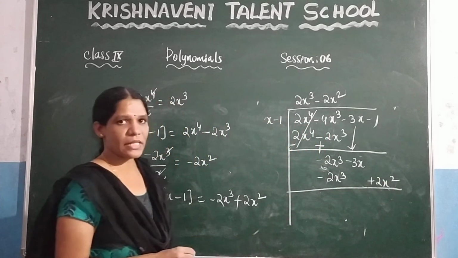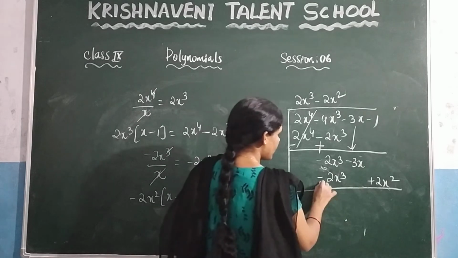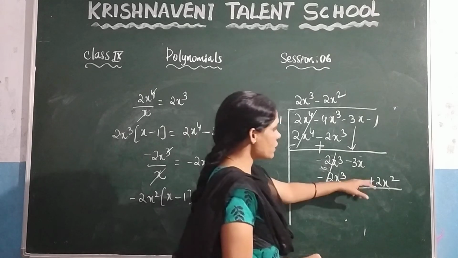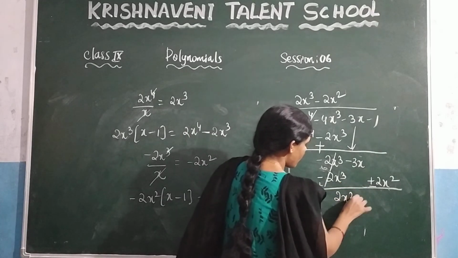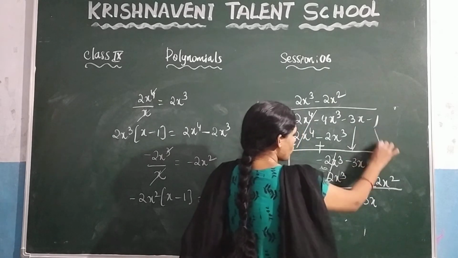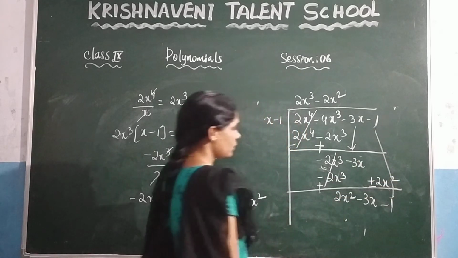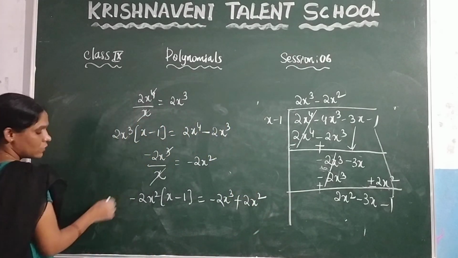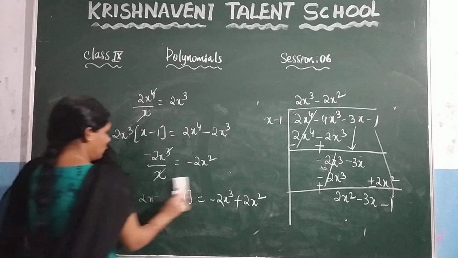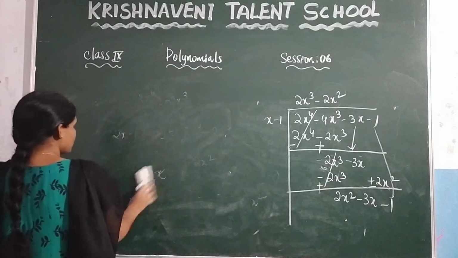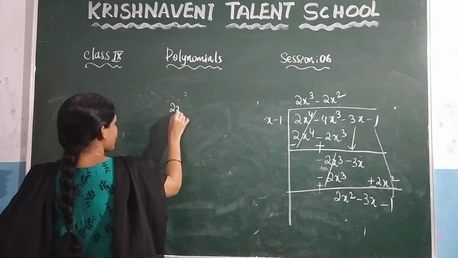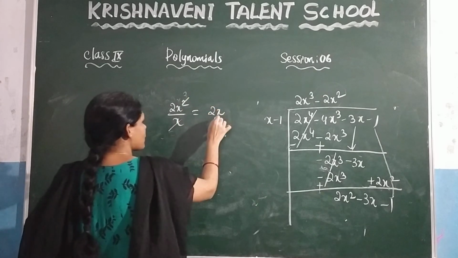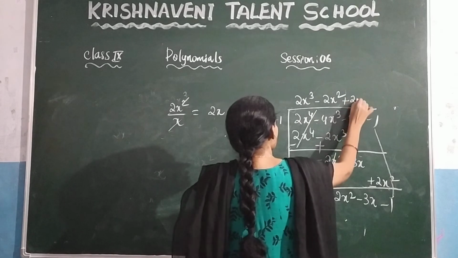Now after that, what is the next step? You need to change the symbols. Write it here plus. So here minus. Now this one will get cancelled. What is the next term which is left out? 2x square minus 3x. You need to take this term down, which is minus 1. Now what is the next step? You need to divide these two. So what you will get here? 2x square by x. So this one will get cancelled. You will get 2x. Now write this 2x here: plus 2x.